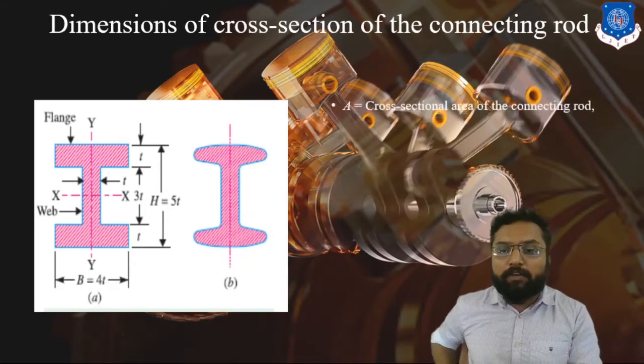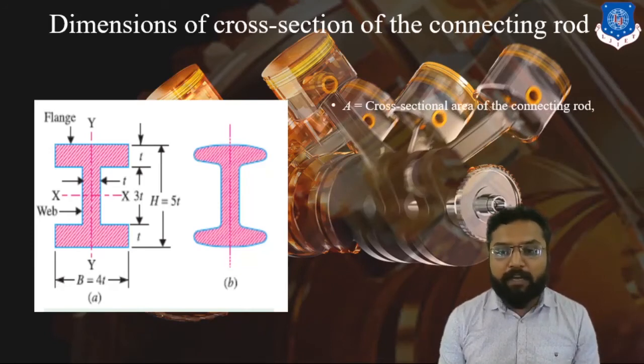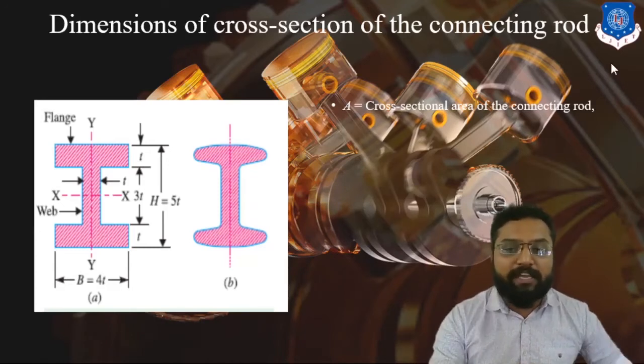Then the cross section area of the connecting rod. Let's discuss the cross section area of the connecting rod. So what is going to be our cross section area for the connecting rod? So the connecting rod's cross section area, here you can see